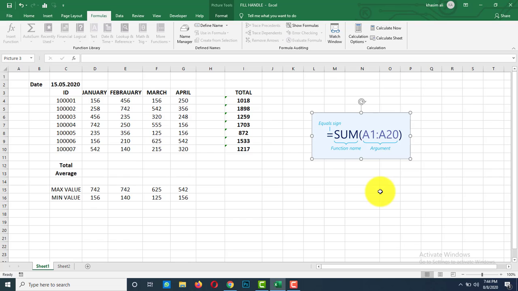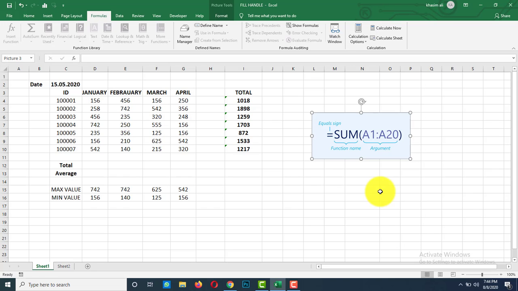There are just a few things you need to remember before starting to insert functions into your spreadsheet. The first one: when typing a function into a cell, don't insert spaces between the equal sign, function name and arguments. If you are going to add more than one value, separate each with a comma.